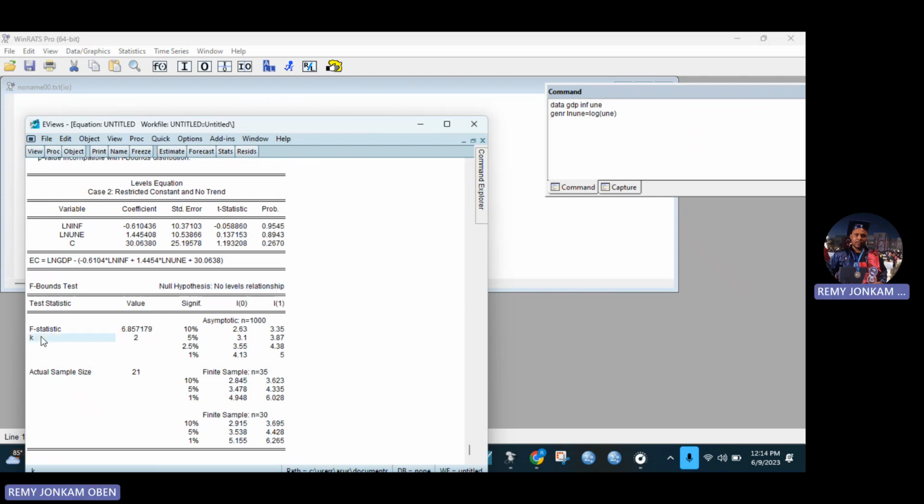Now, this is our F statistic. F statistic 6.8. We have our critical values. You see I0, this is the I0 bound, which is the lower bound. This is the I1 bound, which is the upper bound. So for the I0 bound, these are our critical values